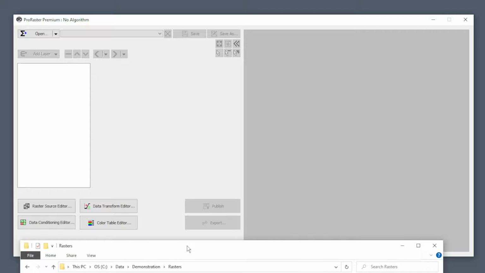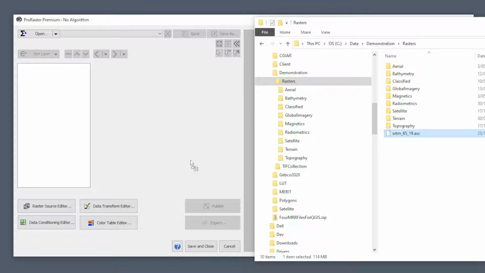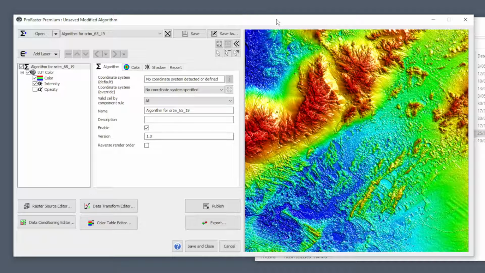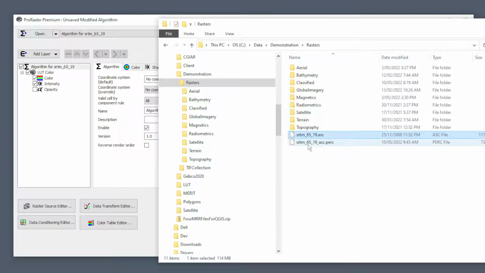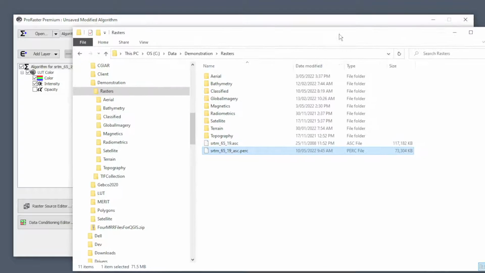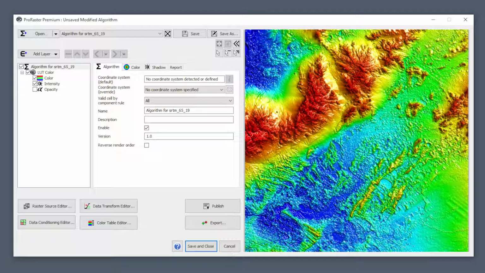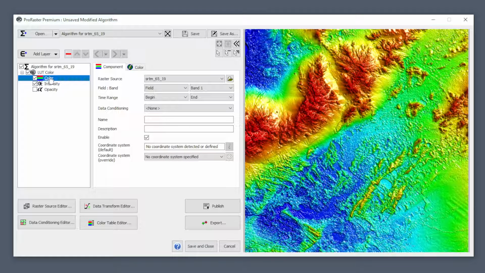For example, I have a file here. It's an ArcASCII file. So if I drag and drop that in, what it's going to do is create a default algorithm and display it for me. Because it was an ArcASCII file, you notice it created a cache here, the perk file. Now it says that there's no coordinate system detected or defined because that information is not in the ArcASCII file. So in a scenario like this, I would go into the component